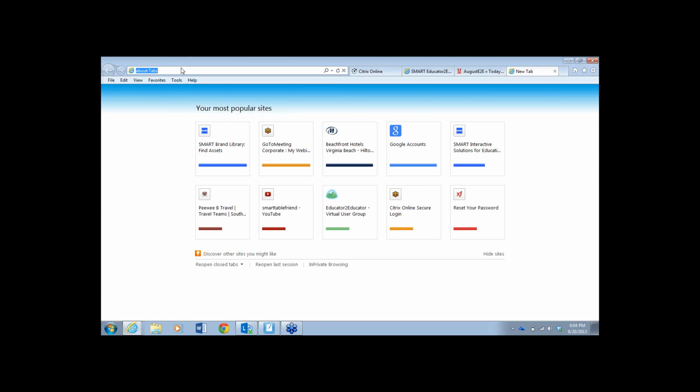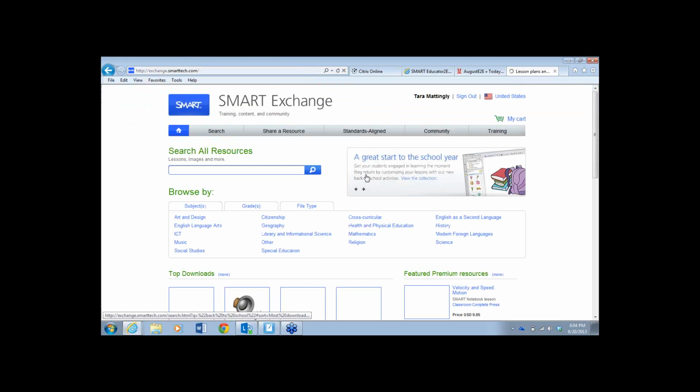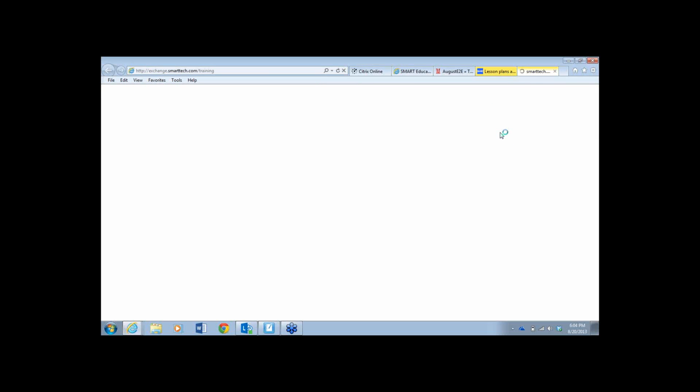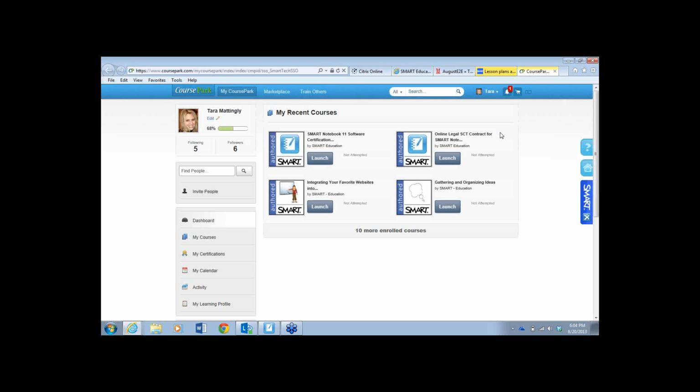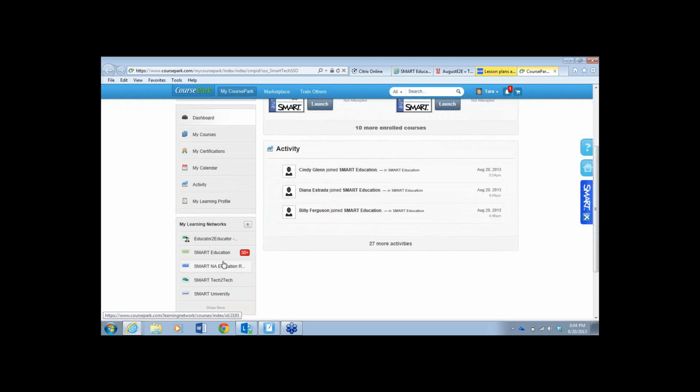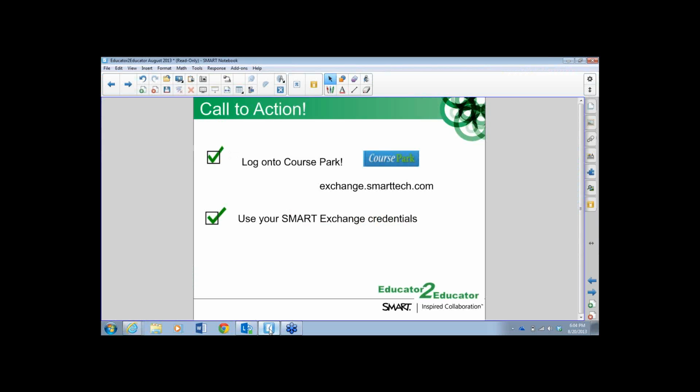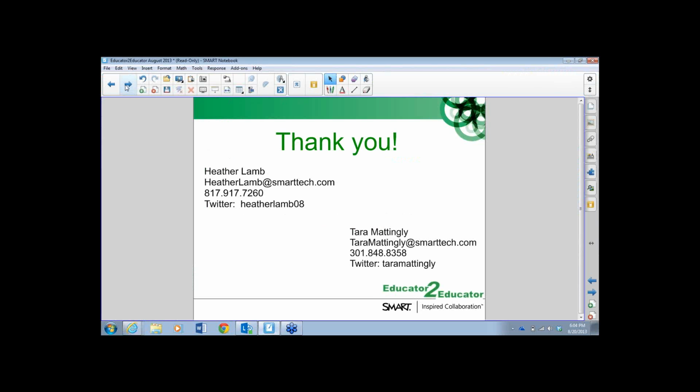If you go into the training link, you'll be able to get right there from the Smart Exchange. So this is our CourseSpark link, and we're going to be using this as a format to help push out some of our resources. We'll have a board that will be developed, our Educator2Educator network. If you haven't joined, that's your call to action.